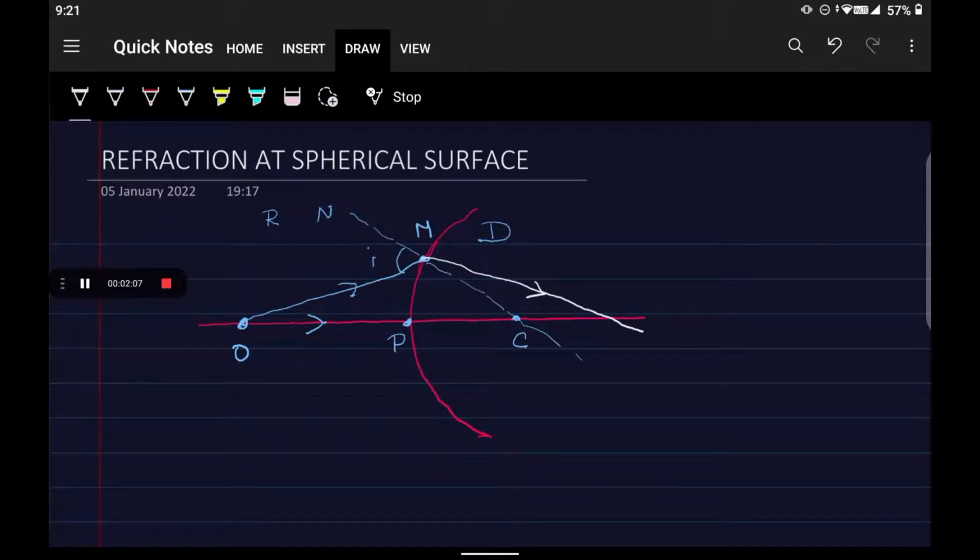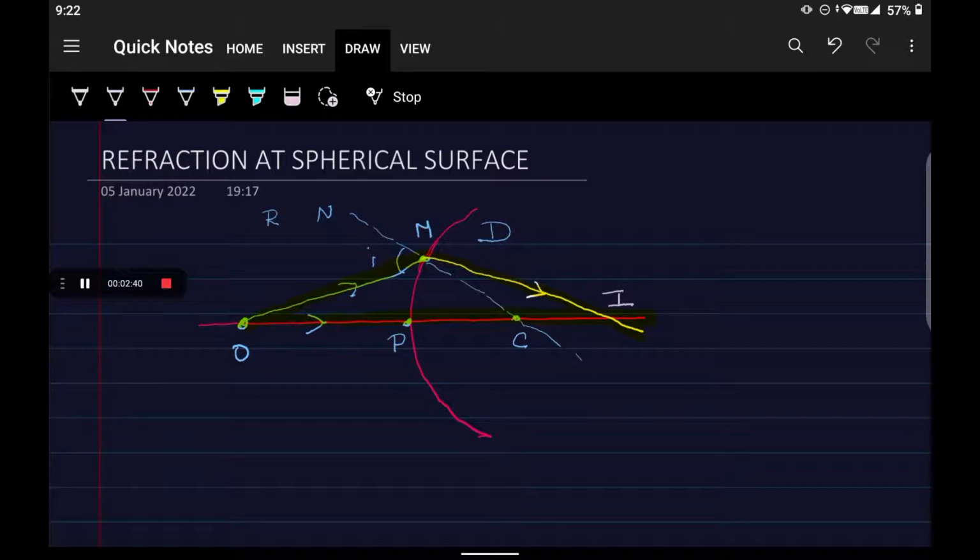So now we can point out what your incident ray is, that is OM is the incident ray, and here we can point out the refracted ray, where these two rays intersect. The ray number 1, that is from the principal axis, and the ray from here, that is your refracted ray. Both the refracted rays will intersect at the point where the image will be formed. So this point I am making it as I. So where the image is formed, that is your I.